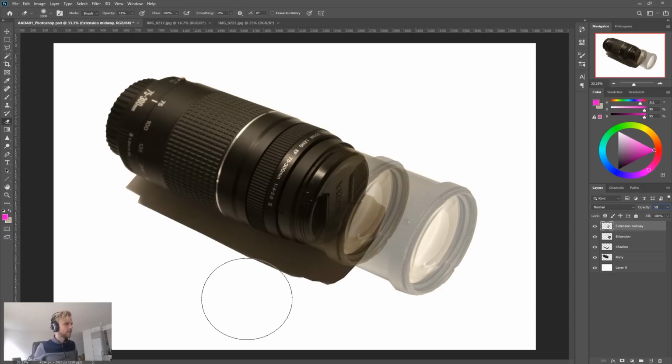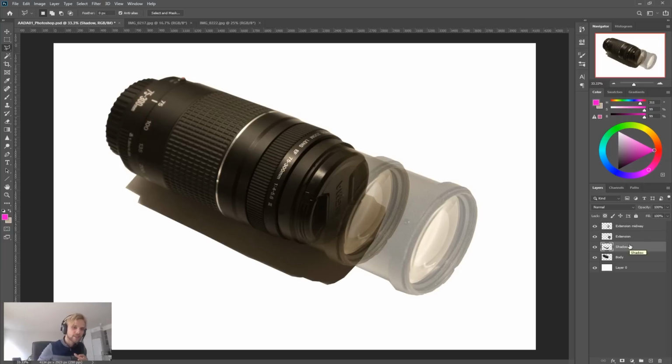Shadow doesn't really make sense anymore, does it? Well, let's kind of invent it. Let's mess around with the shadow, and then we will do some final adjustments to this, and I will call it a day with this tutorial in particular. So for the shadow, how do we do this? Maybe we just kind of select a part of the shadow here